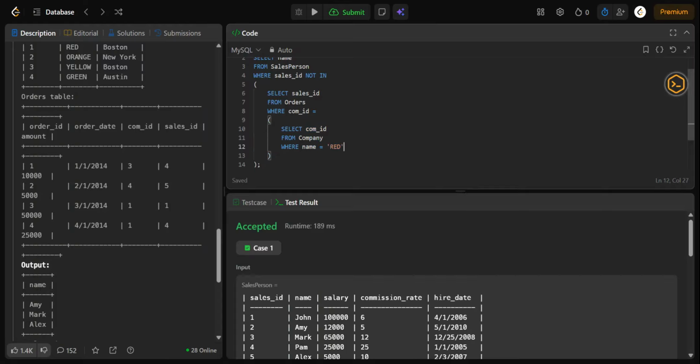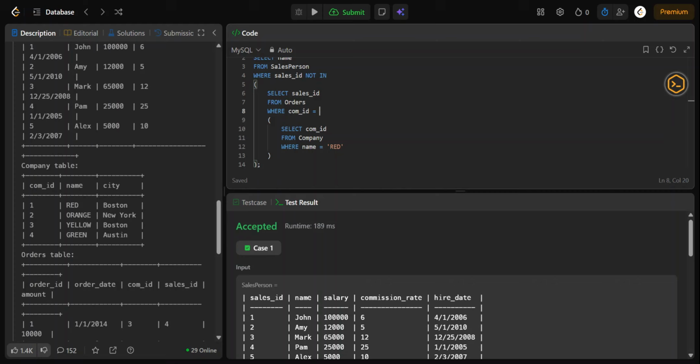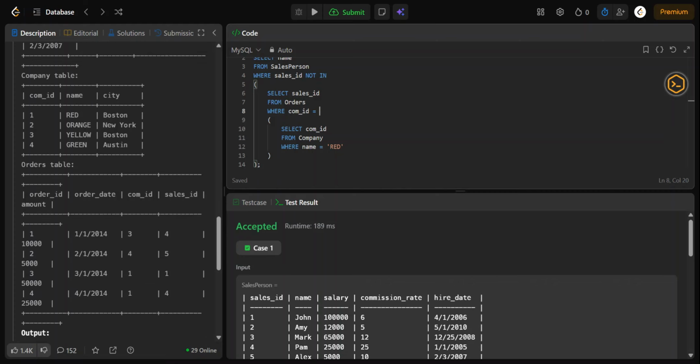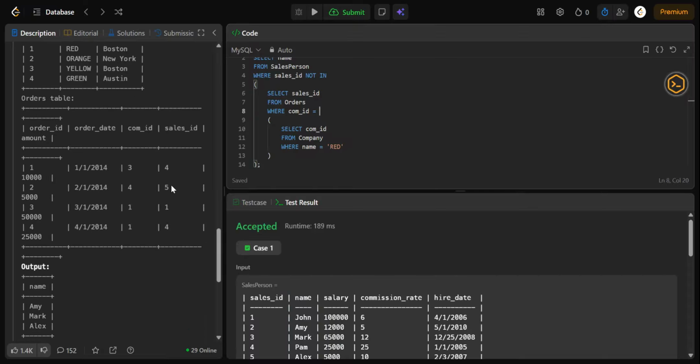देन जब हम जिस क्वेरी को रन करेंगे देन हमारा आंसर तो 1 आ जाएगा ना। जब 1 आ जाएगा तो कंपनी आईडी इक्वल टू 1 जब असाइन हो जाएगा, देन एक क्वेरी जब फायर करेंगे हम, तो इट मीन्स दैट कि कंपनी आईडी इज वन, ओके, ऑर्डर्स, ओके, ऑर्डर टेबल में से हम चेक करेंगे कि कंपनीज आईडी इज वन किस किस सेल्स आईडी के लिए है। तो इसमें एज यू कैन सी द सेल्स आईडी इज वन एंड फोर, ओके। तो ये क्वेरी रिटर्न करेगी हमको वन एंड फोर, फर्स्ट क्वेरी, इनर क्वेरी रिटर्न करेगी वन, ये क्वेरी रिटर्न करेगी वन एंड फोर। Now these are the salespersons who handle the orders in red, as we know that, okay.